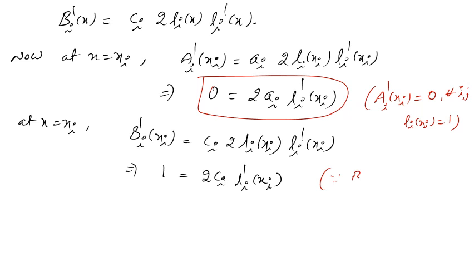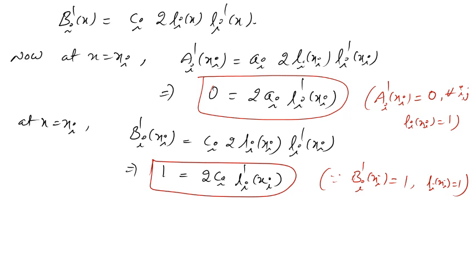Since b dash of xi equals 1, and li of xi equals 1, solving the above equations, we get,